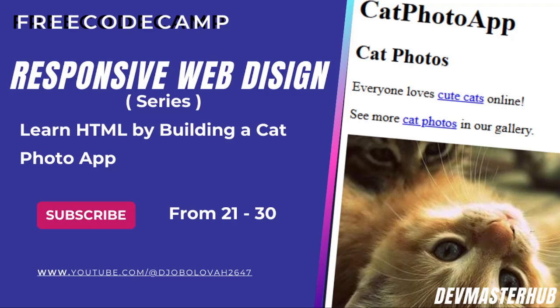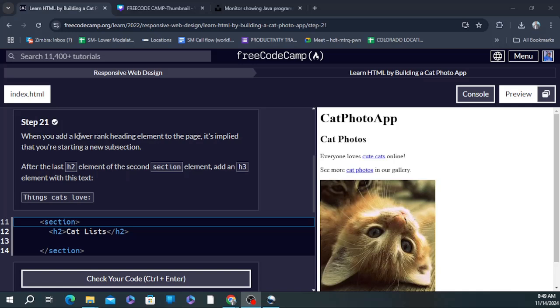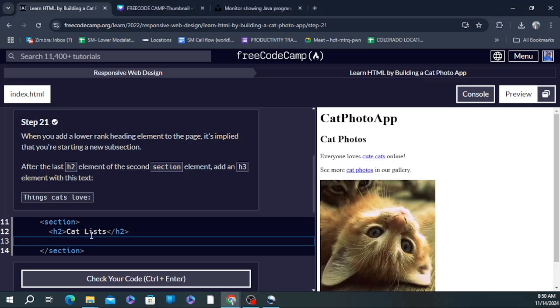Okay, so guys, let's get to it. When you add a lower rank heading element to the page, it's implied that you're starting a new subsection. After the last H2 element of the second section element, add an H3 element with the text "things cats love:". So I'm gonna add the H3